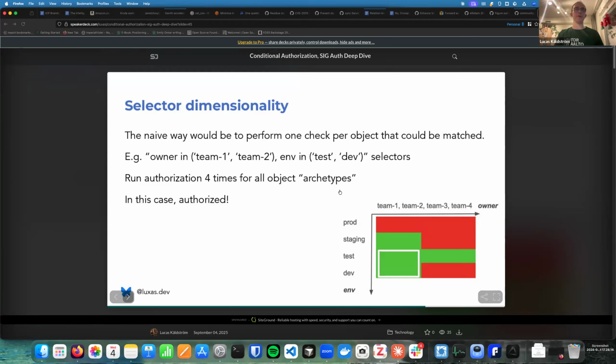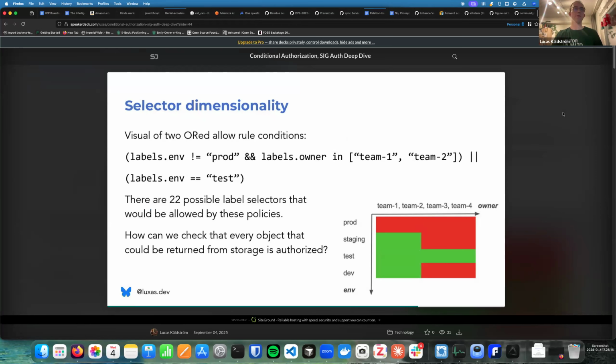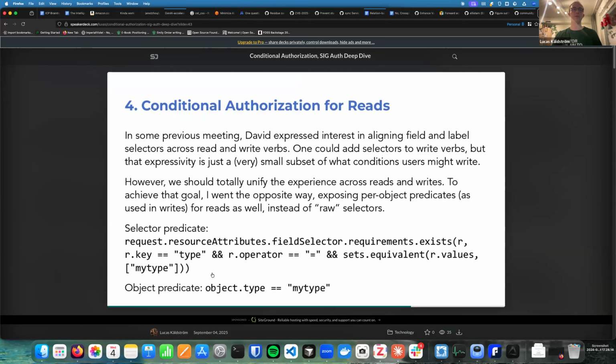And now if you had the user write this thing, instead of writing in Rego or something like this, you would like them to reason about the policy in the exact same way as they do for a write. So I see an object, I tell if this object is good or bad, right?